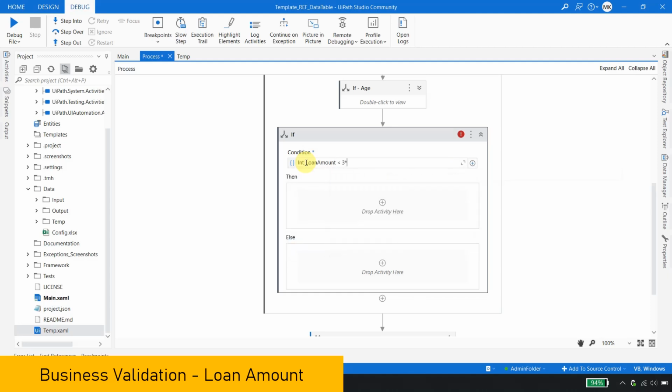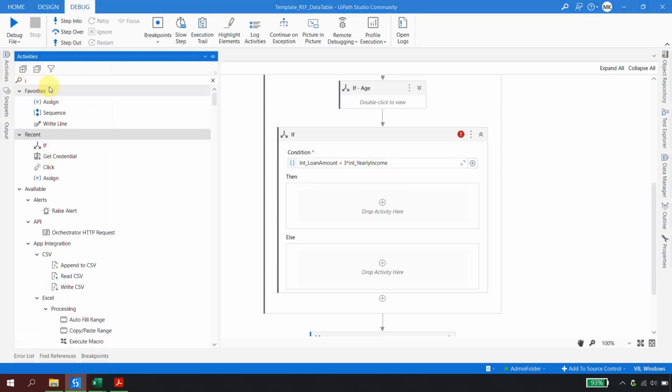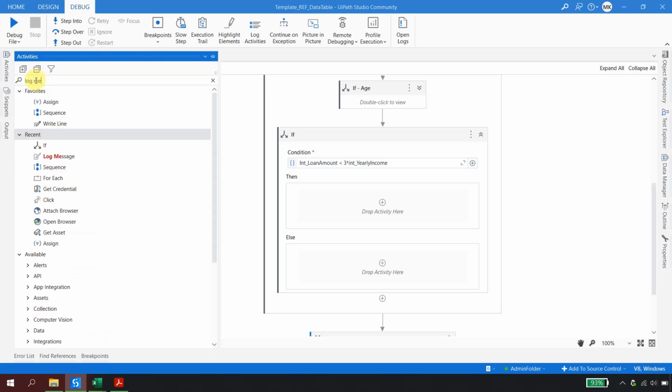So how do I do that? 3 multiply by yearly income. That's it, right? If the loan amount is less than 3 times of the yearly income, then you are good to have the loan. So I'll go and I take a log message here,